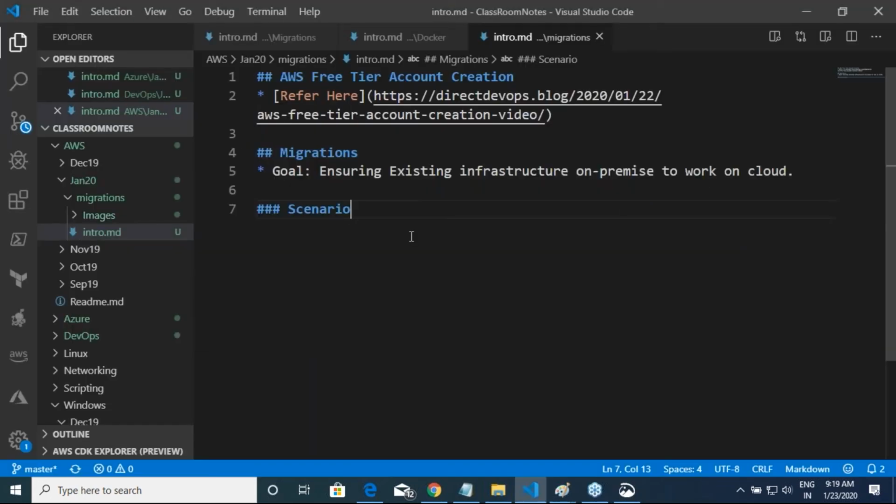The scenario is: an application, whatever your application is, has the following infrastructure.